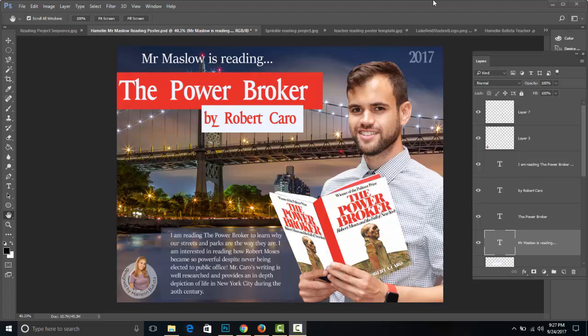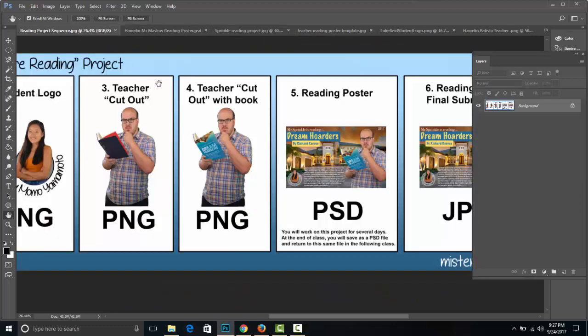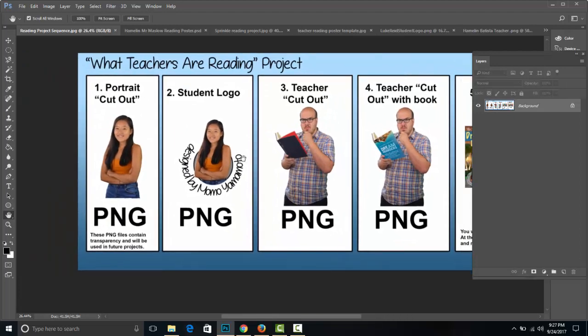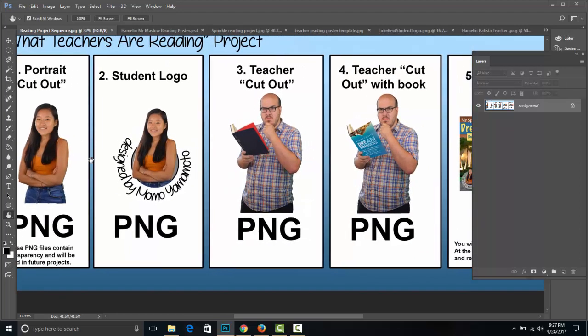In today's class, we're going to be starting the fifth stage of this teacher reading project. The end result, hopefully, is going to look a little bit like this, or maybe like this. I'll talk to you in a minute about the visual rubric. Quick review though, we remember that in the first day we created portraits of yourselves, saved it as PNGs, and